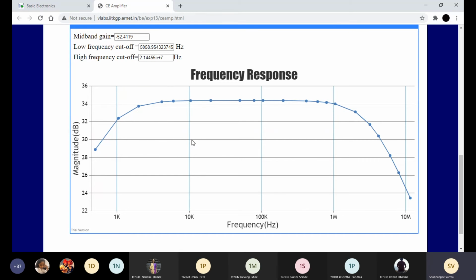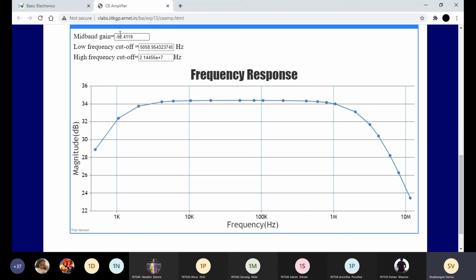Okay, so this is nothing but the bandwidth. If you subtract the lower cutoff frequency from the higher cutoff frequency, you will get the bandwidth. Here you can see your mid-band gain is minus 52.411.